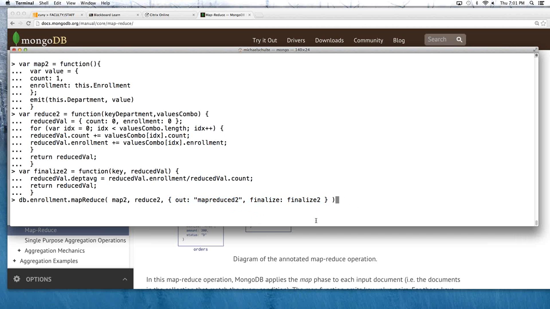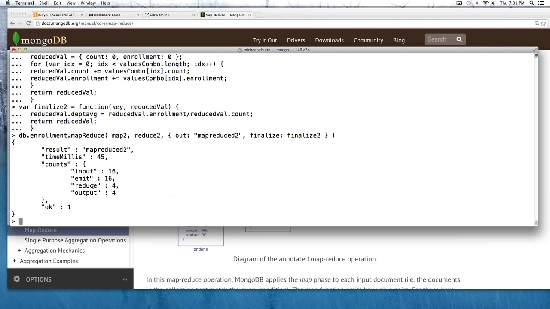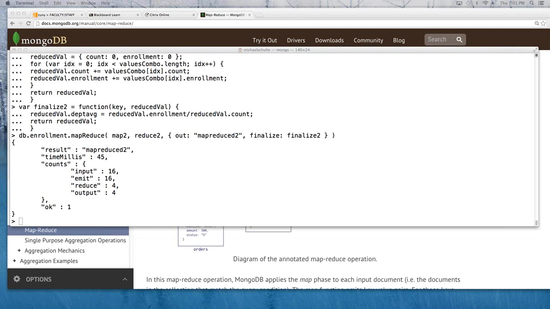And if I run all of that, it'll tell me that it has, again, a total number of outputs of 4, so that's good, that's the number of departments. It tells me it ran. And now if I go and take a look at the results from that,